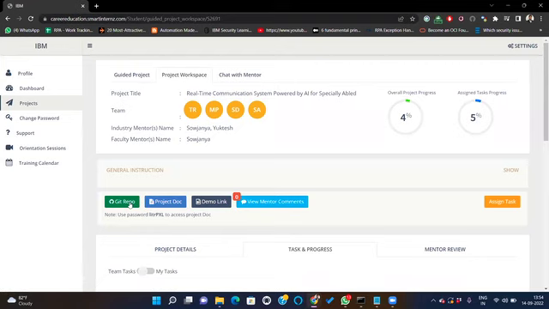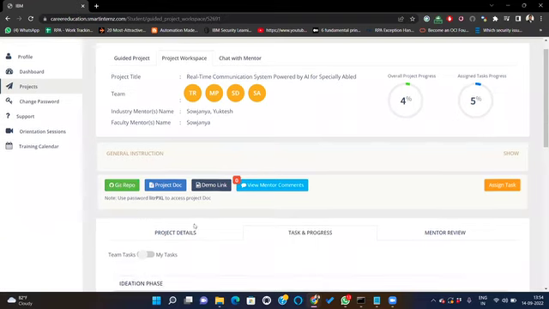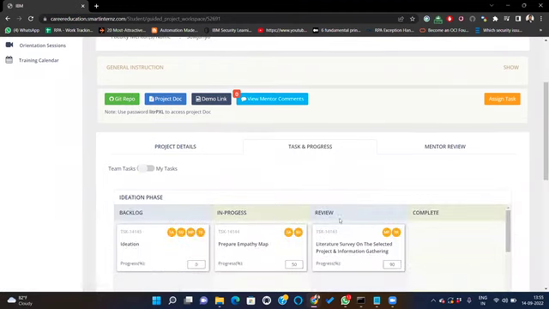The industry mentor will go to this Git repo and evaluate. Even faculty mentors can see whether the student is doing the task or not, and what task he has done, once he uploads it to a Git repo, right? It will be easy for you also to monitor the students. So once the student uploads the files to the Git repo, the industry mentor will review that particular file and move this task card to the complete section from his own login.